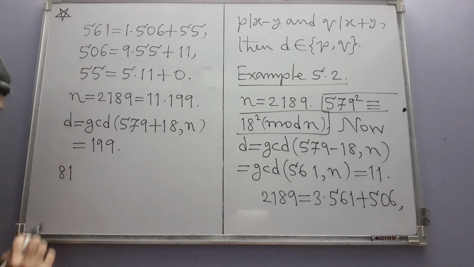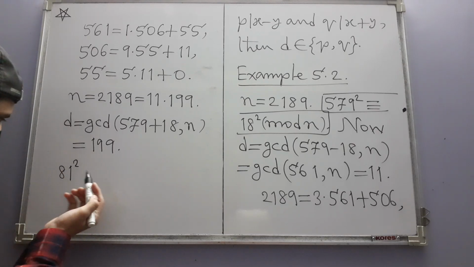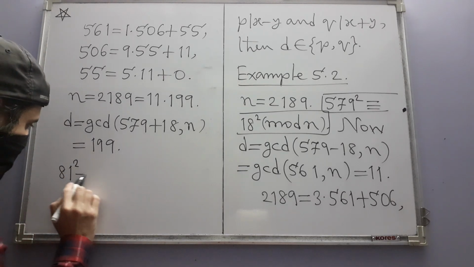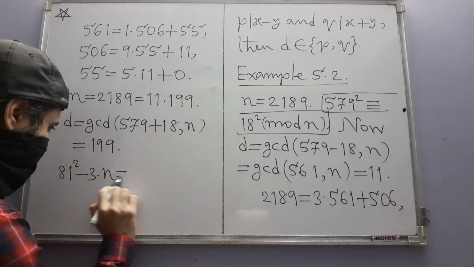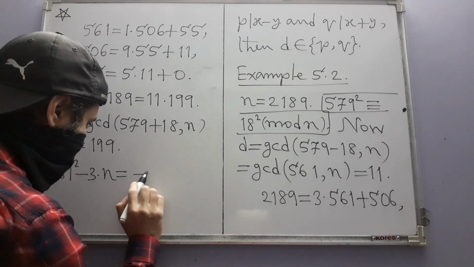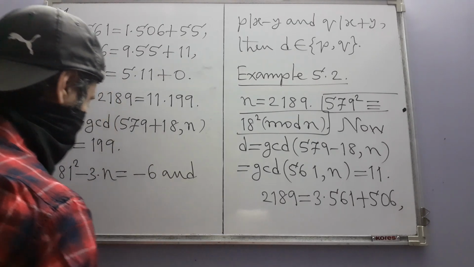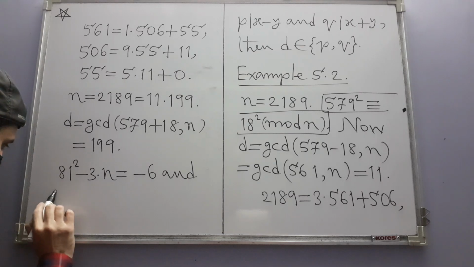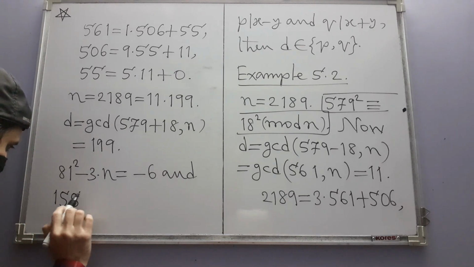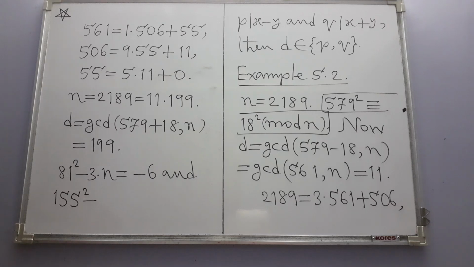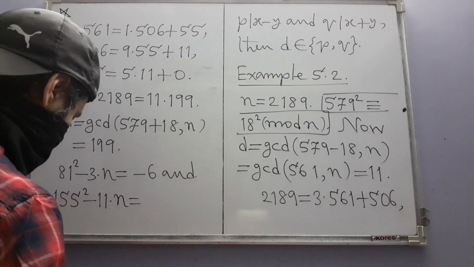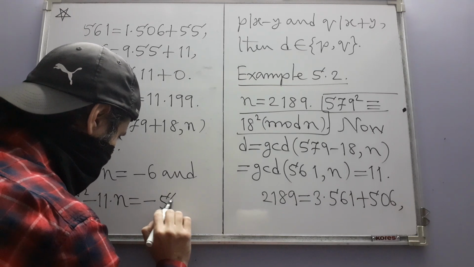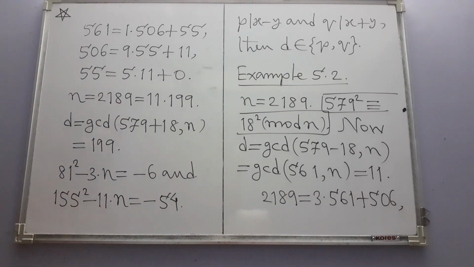The task still remains somewhat challenging, but anyway, this was what the process found. 3 times n is equal to minus 6 and 155 square minus 11n, 11 times n was found to be minus 54. So if we translate these things into the language of congruence,